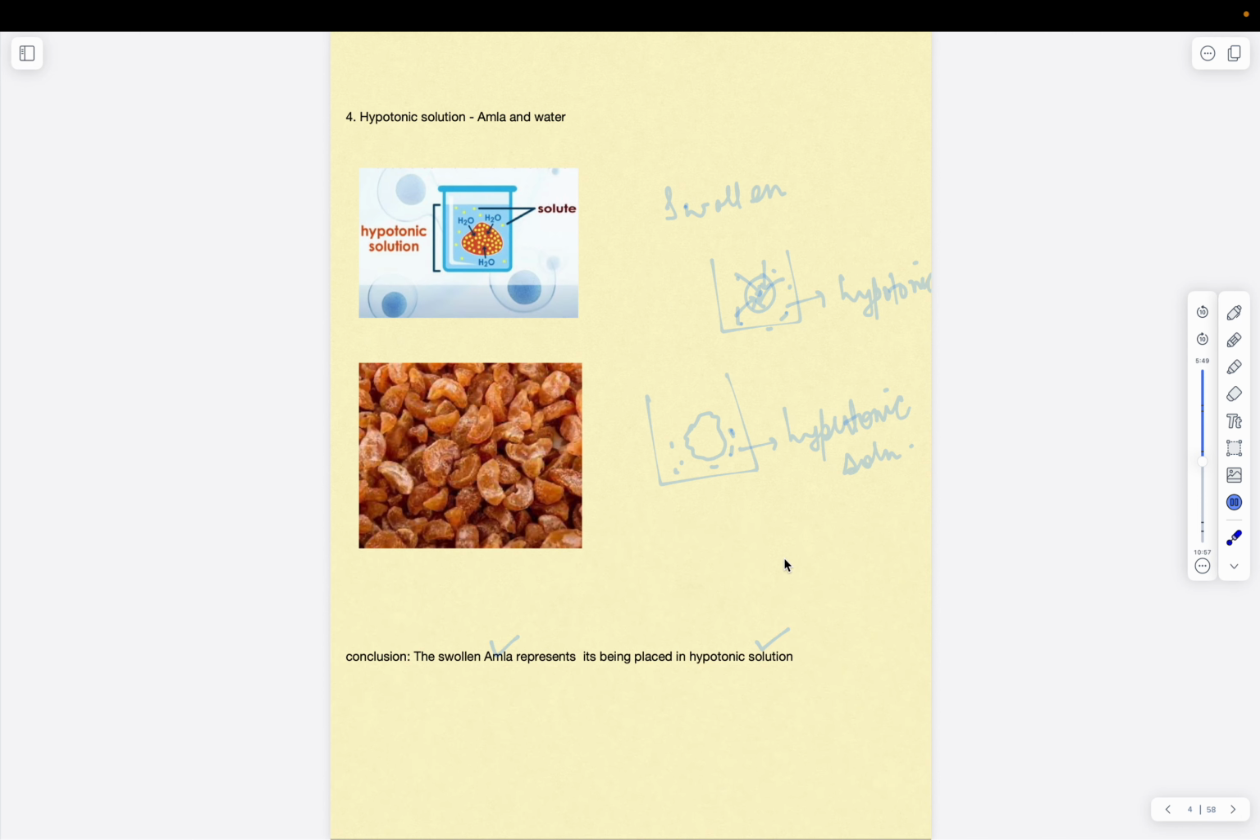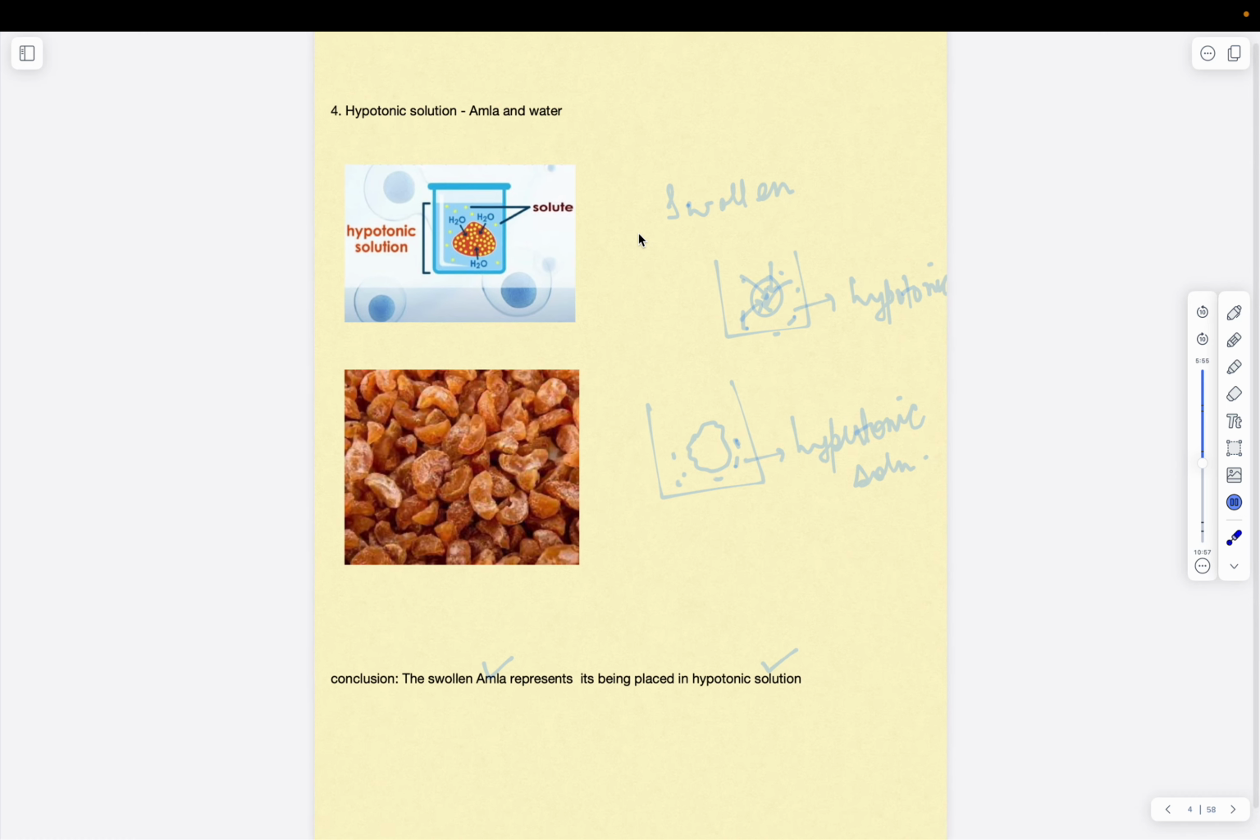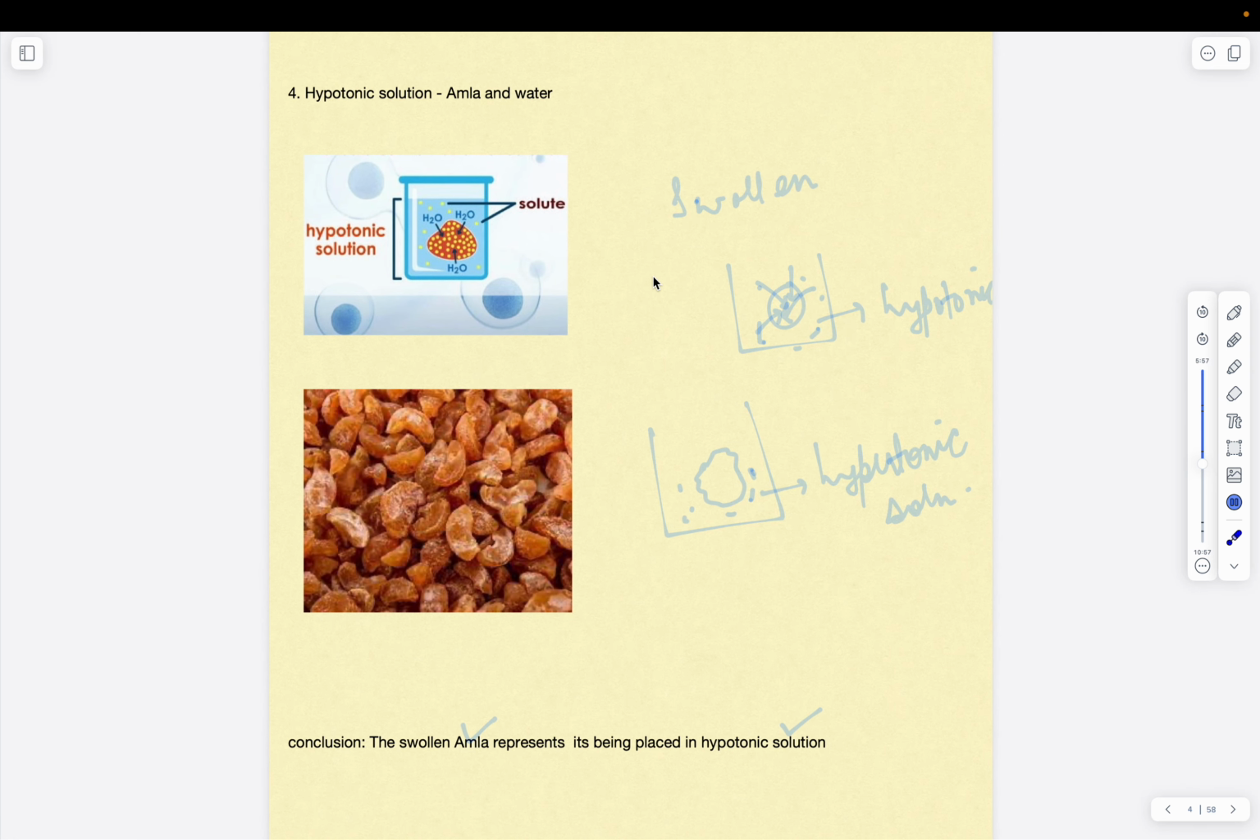So the next question was related to hypotonic solution. Amla was placed in the water. So in that case, if the given specimen, like in this case, amla, is swollen, then the medium around it will be hypotonic,